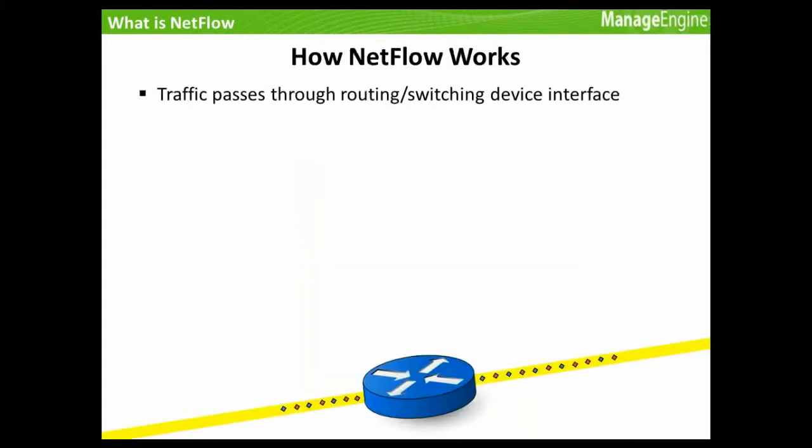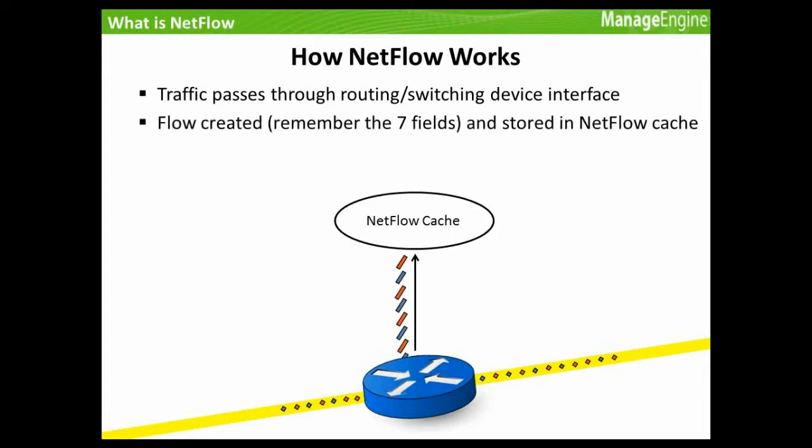How NetFlow works is you have traffic passing through your routing and switching devices. Whenever there is traffic passing through these interfaces, the flow is created. That is, the header information of your packet is analyzed. A flow is created, based on the 7 fields which we talked about, and is stored into a NetFlow cache. Now remember, it is not the whole payload of your packet that is captured. It is just the header information, or rather just the fields which we discussed, that is captured and stored into